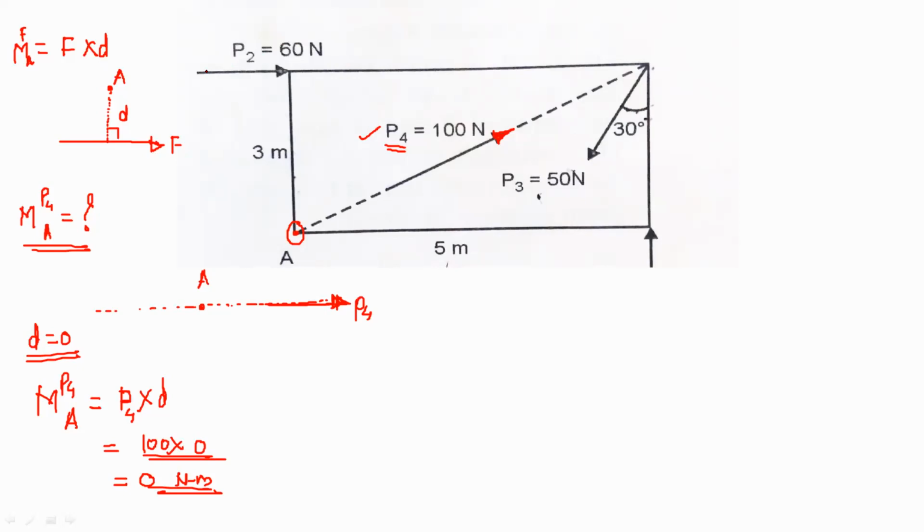So moment for simple cases where forces are either acting in the x direction or the y direction, or even if the force is given at some angle, then how to find out the moment. Suppose force is given at some angle like this, P3, then the first step is resolve the force. Find out Fx and Fy, and then find out the moment by Fx about the point A and Fy about the point A. Then add these two moments and just consider the direction. If the moment is clockwise, take it negative, and if the moment is anti-clockwise, take it positive.